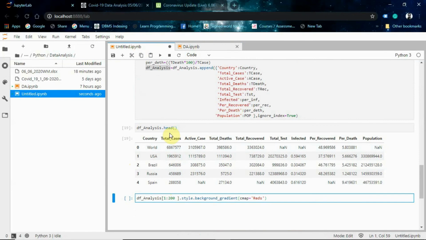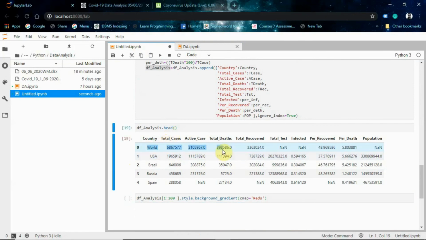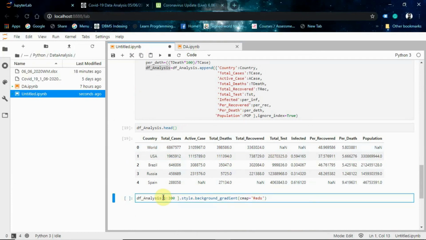For the visualization, we don't want to consider this world parameter, meaning the first row. So I write it like this, that we will start our data from position one to 199, right? Then I will use background gradient. The cmap, the color map, is going to be Reds.